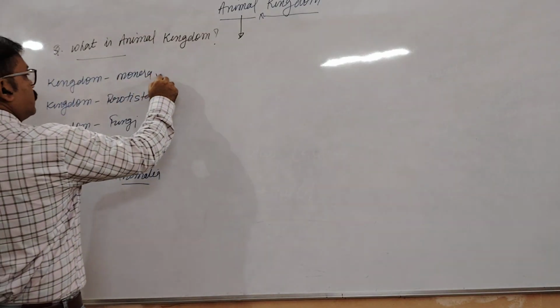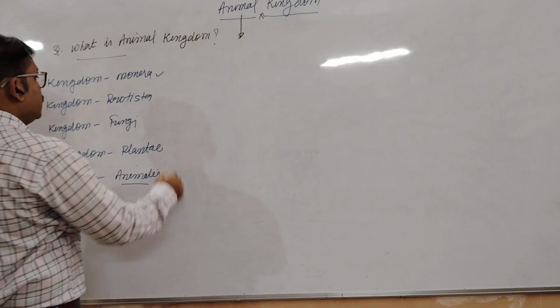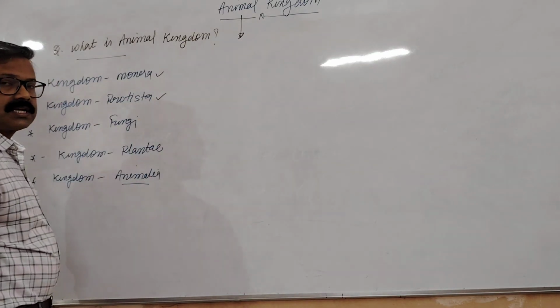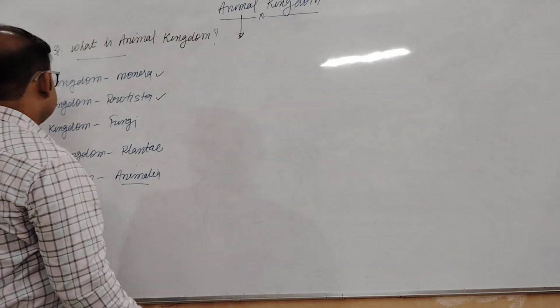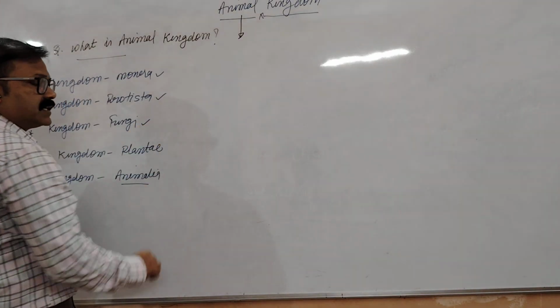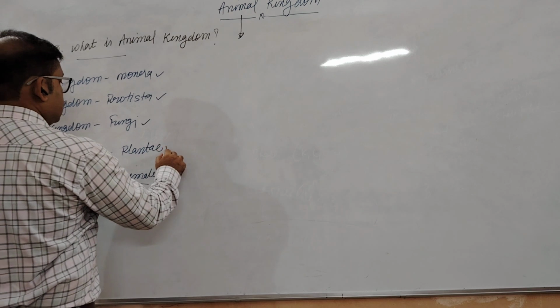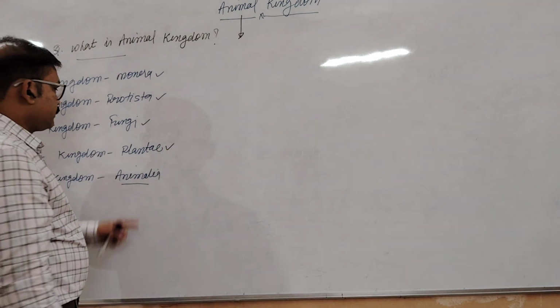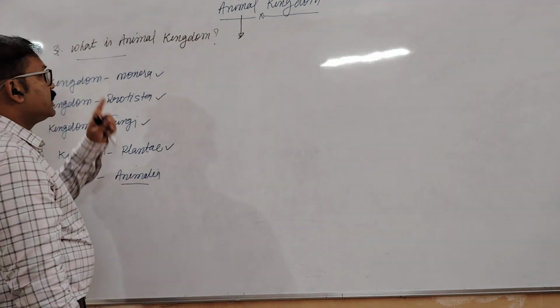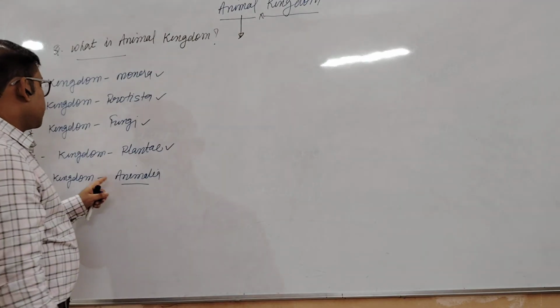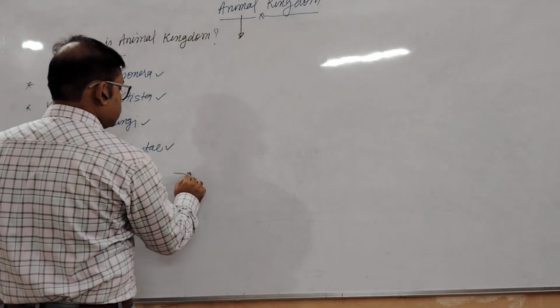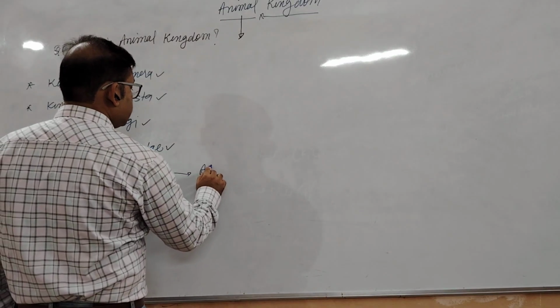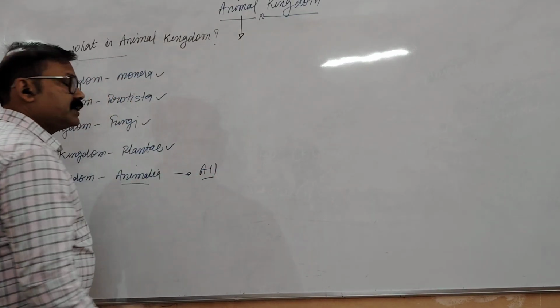So, my dear students, there are several types of organisms. Some are placed in kingdom Monera like bacteria and cyanobacteria, and some are placed in kingdom Protista like diatoms, dinoflagellates, euglenoids, slime molds, and protozoans, and fungi. And in kingdom Plantae, plants are placed. But in kingdom Animalia or animal kingdom, only animals are placed. Okay.